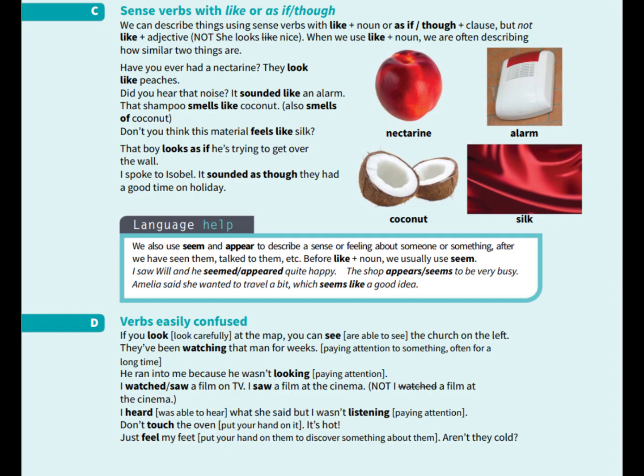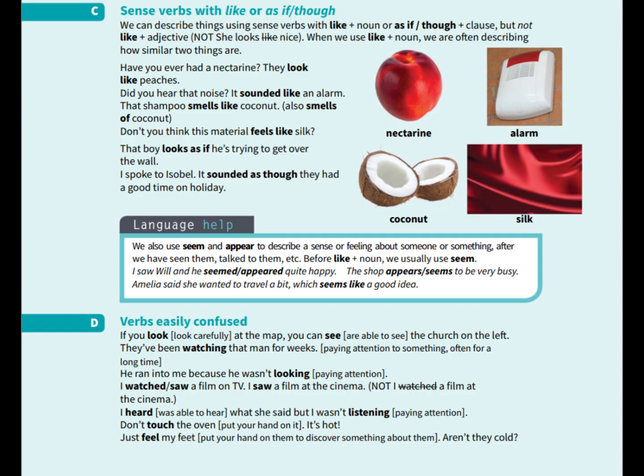Language help. Seem and appear. We also use seem and appear to describe an impression or feeling about someone or something after seeing them, speaking to them, or learning about a situation. For example, I saw Will, and he seemed quite happy. We can also say, I saw Will, and he appeared quite happy. Both sentences mean that Will gave the